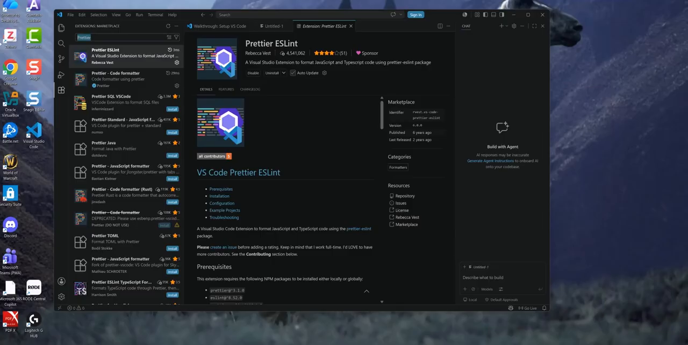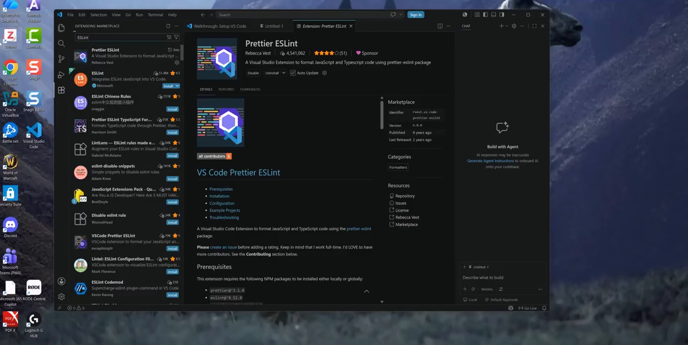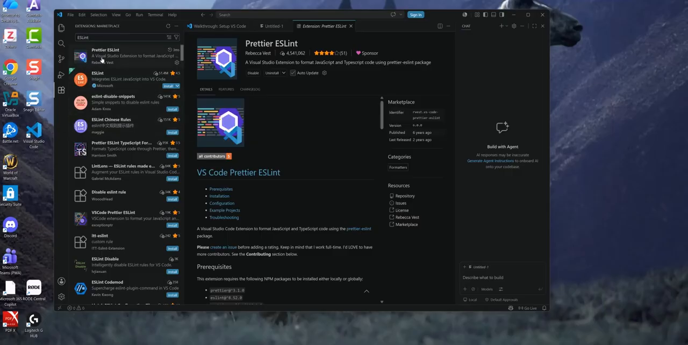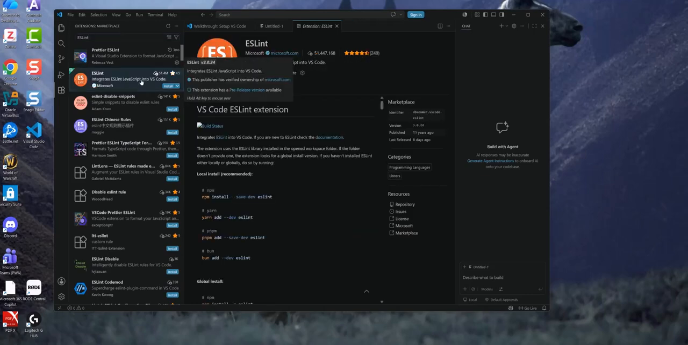So this one actually integrates ESLint into JavaScript code. Let's go ahead and install this one. Again, this one is used by 51.4 million users, so this one will be pretty good. And this just makes reading our code a lot easier. It's also certified by Microsoft, so we don't have to worry about it having any malicious code inside of it. The next one, and I'll give you a list of which ones you should install,